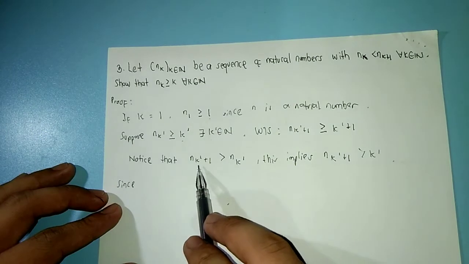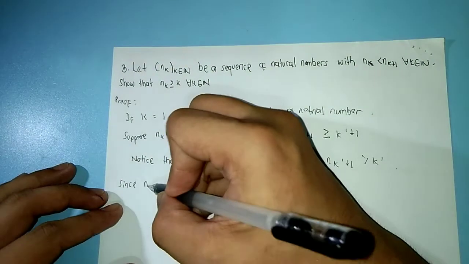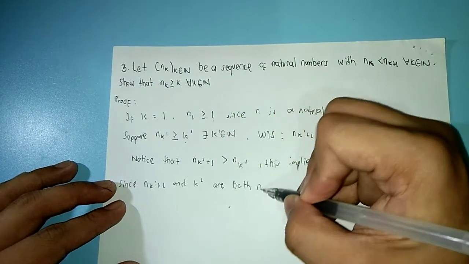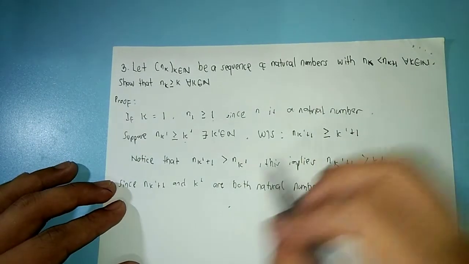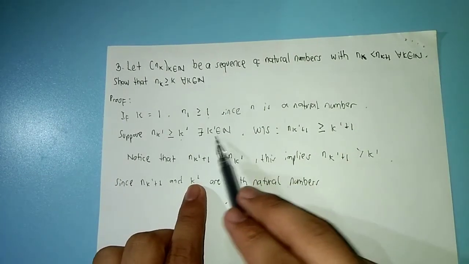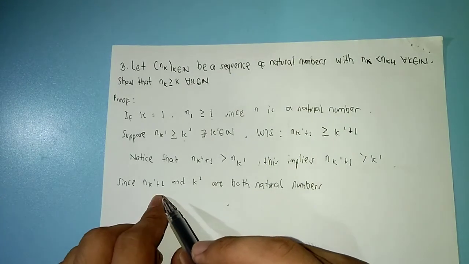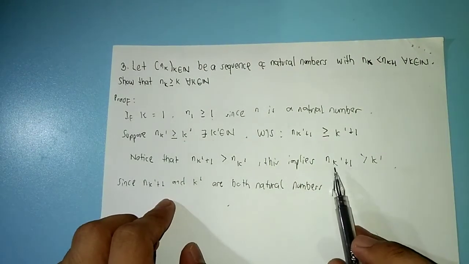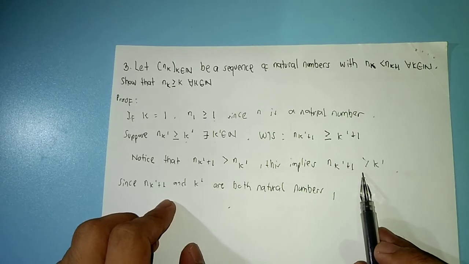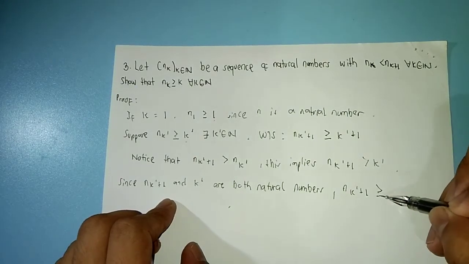Now, since n sub k prime plus 1 and k prime are both natural numbers, okay? Kasi sabi dito, natural number ang k, so natural number yan. Tapos yung n sub k, that is a sequence of natural numbers, kaya yung n sub k prime plus 1 ay natural number din. Then, since n sub k prime plus 1 is greater than k prime, okay? So, hindi siya greater than or equal. So, pwede nating sabihin na n sub k prime plus 1 is greater than or equal sa k prime